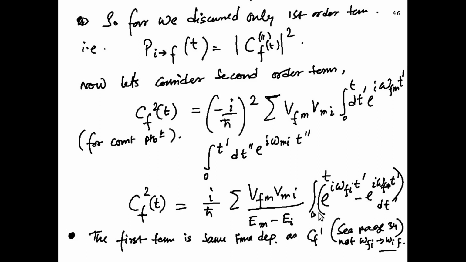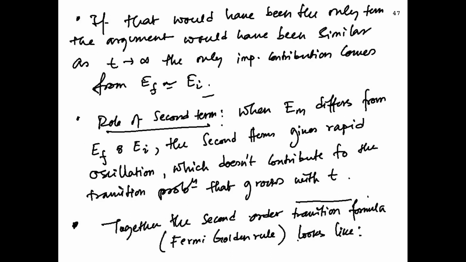If you try to make physical sense of this formula, you can see that the first term is exactly the same as in the first order time dependent perturbation theory. It is nothing but this form which we got already. The only additional thing is this second term, which is an additive term. You can look at page 34 if you forgot how the first order term looks, and notice that there is a small notation change. There I sometimes wrote omega_if, but here I am writing omega_fi. Both are the same thing. It basically tells you the energy difference between the initial and the final state.